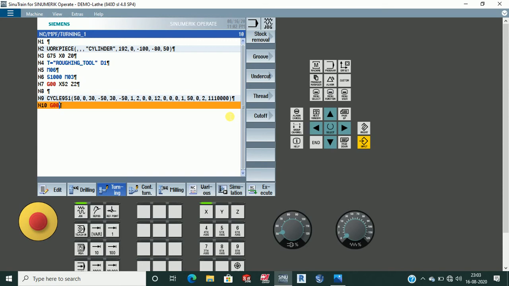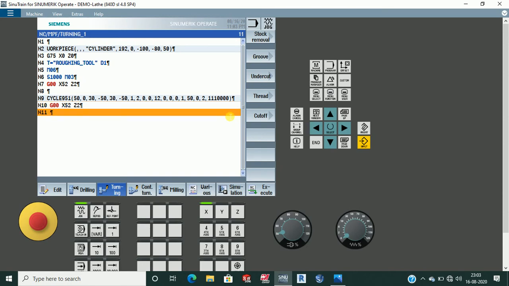Okay, we can give the space 52, then Z2, then enter. Now we'll make the machine reference G75 X0 Z0.